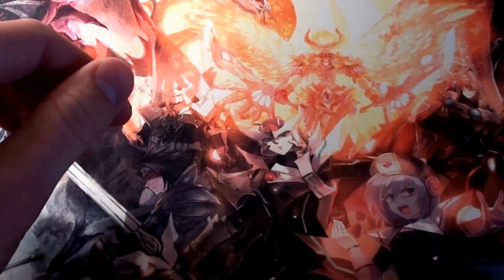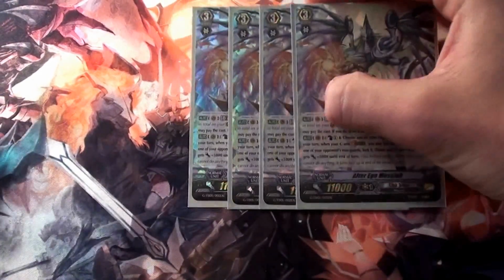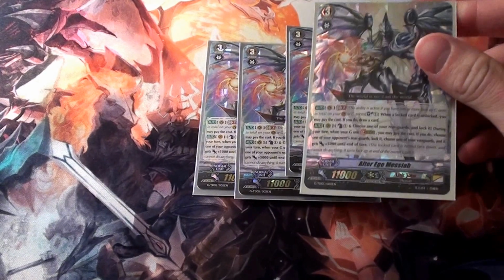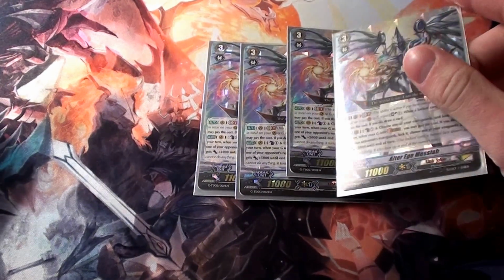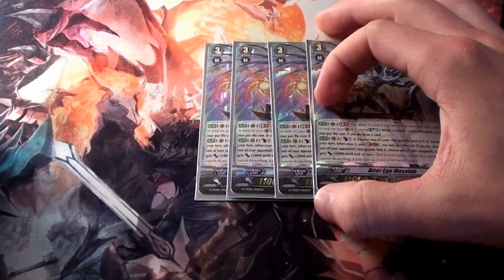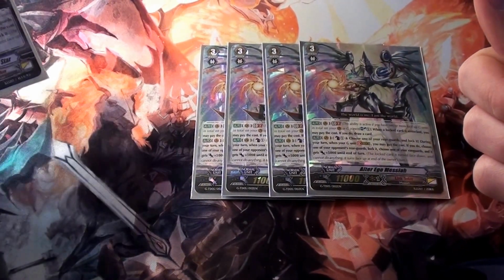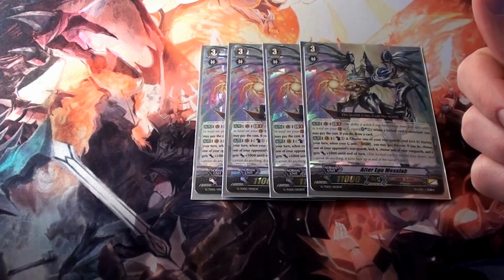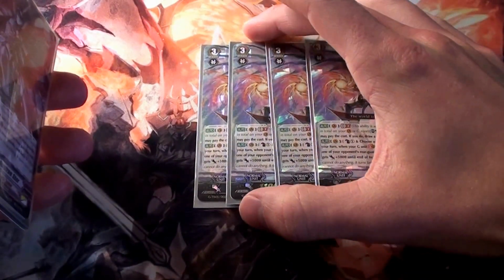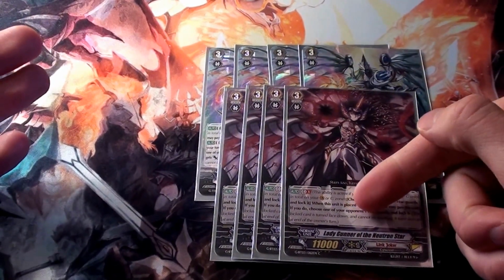So for grade 3s, we got 4 Alter Ego Messiahs. This card's really good because it's Generation Break 2. You get to draw a card with a Soul Blast every time a card's unlocked. So lots of plays with that. I mean, you do have to be at Generation Break 2, but that's not really hard to do. You can do it pretty early game now with Nebula, Big Crunch Dragon. So, and then for the other grade 3, I just run this one, the Lady Gunner